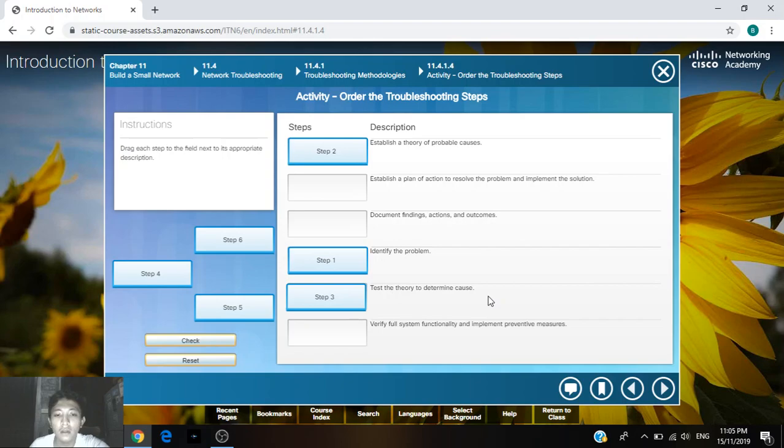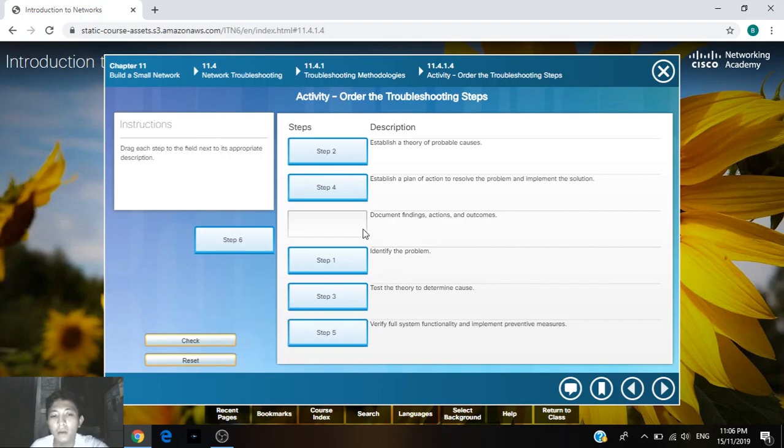After testing the theory, I think we have to establish a plan of action to resolve the problem and implement the solution. So you establish the theory, you test the theory, then you establish a plan of action to resolve the problem and implement the solution you had. Step 5 will be verify full system functionality and implement preventive measures. And the last step will be document findings, actions and outcomes,